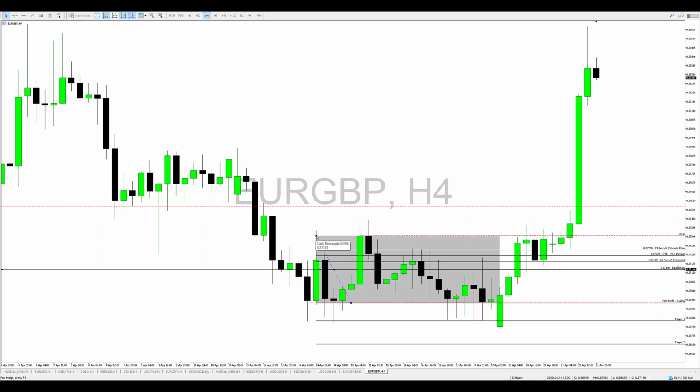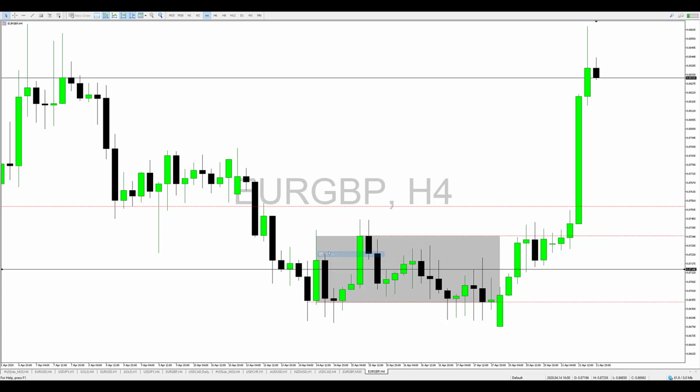Then I'm gonna get rid of the fibs because I don't need them. This is pure price action. I'm showing you pure price action, guys. Of course, I use the fib to determine my 50% level. So this is my 50% level. Now once you have done that, you need to be in a position to